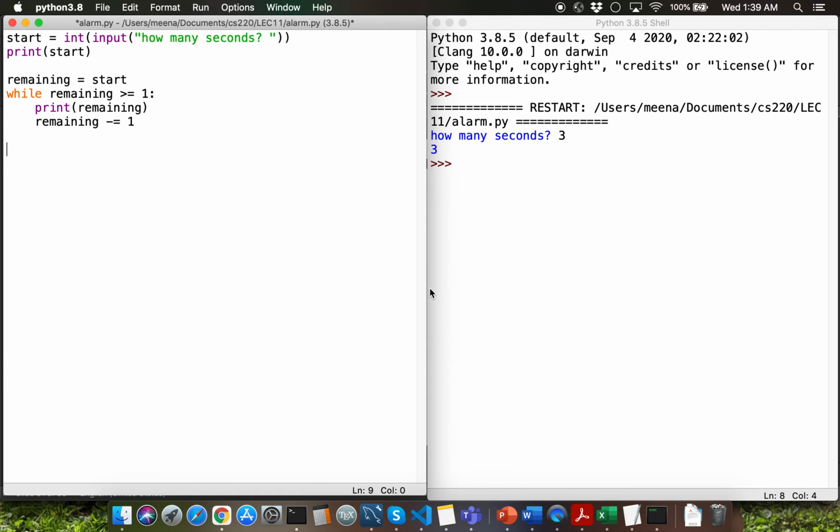Outside the while loop, I'm going to call the print function to display the string ding a few times. I'm going to do that by multiplying the string ding by an integer value of 10. How can I say this print function call is outside this while loop here? Observe that the print function call lines up with the while keyword in terms of level of indentation.